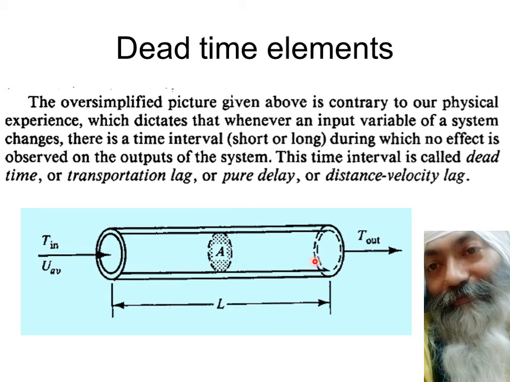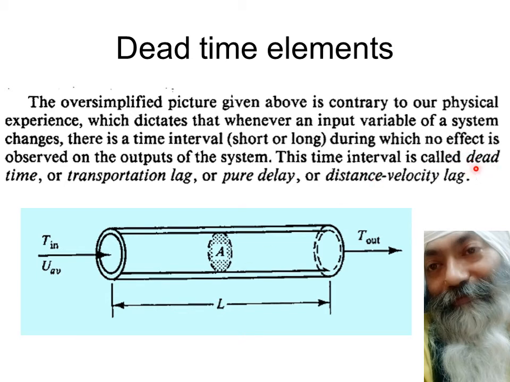The same change will happen here, but after some time. Why? Because this fluid will take some time to move from here and reach here. And if it is moving with velocity v, the time taken will be this length divided by velocity. That will be the time taken, length divided by velocity. And after that time, which is given by length by velocity, we call that the dead time, or